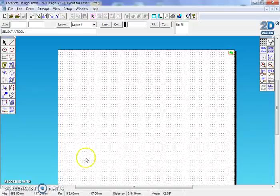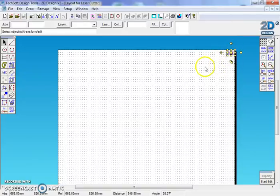In the previous tutorial, you were shown how to change the layout of the page so that it's identical to the laser cutter, and it was 800 by 600 if you'd forgotten. The drawing, your workpiece that you want laser cut out, is in the top right hand corner. Highlight,